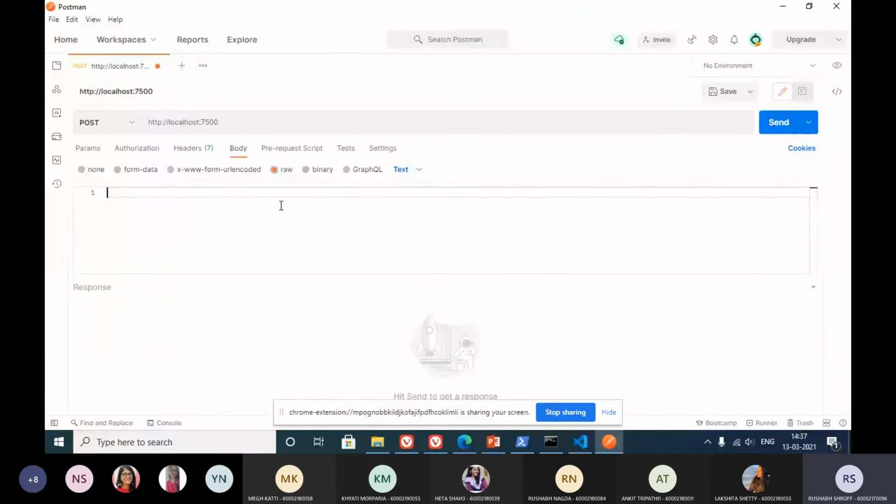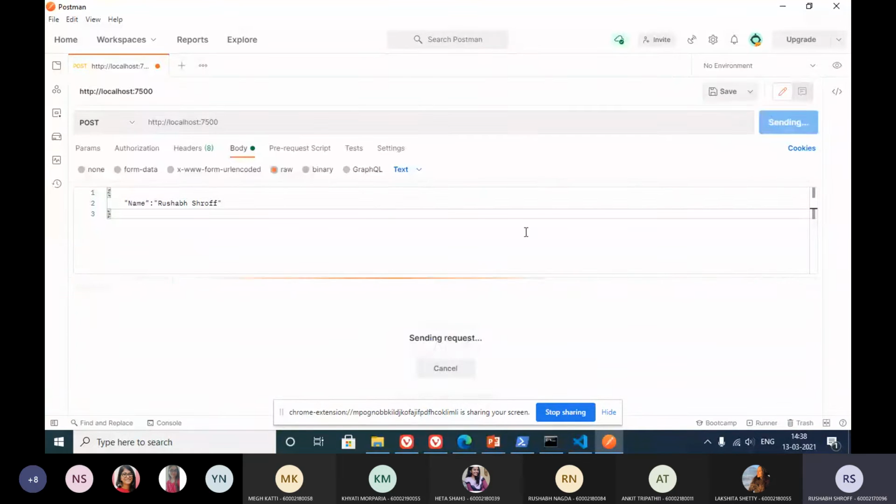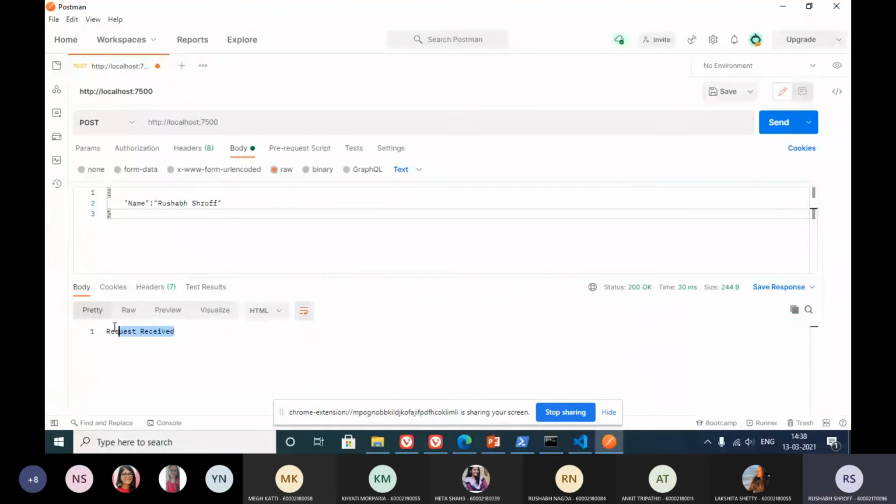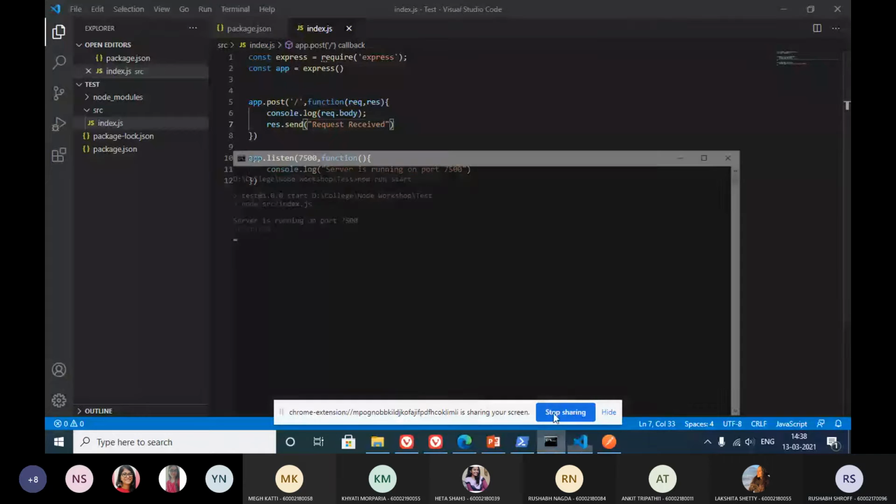Let's say hello, or we can send a JSON object as well, like this. And send the request. Now we've received "request received", but we won't be able to see our body